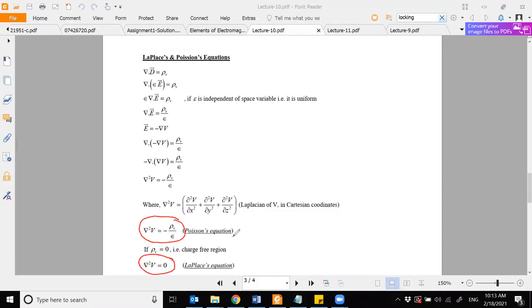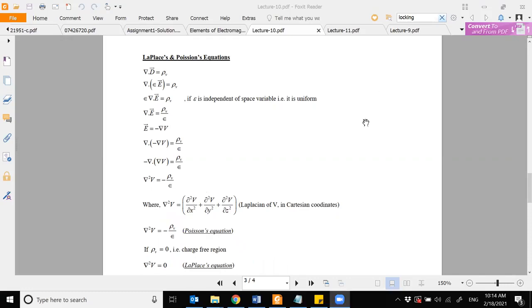The Laplace equation is a special case. And what is that special case? If I'm solving Poisson's equation in a region where there are no charges, there is no charge density, then rho v becomes zero. Therefore, del square V becomes zero, and this is called the Laplace equation. So, in summary,